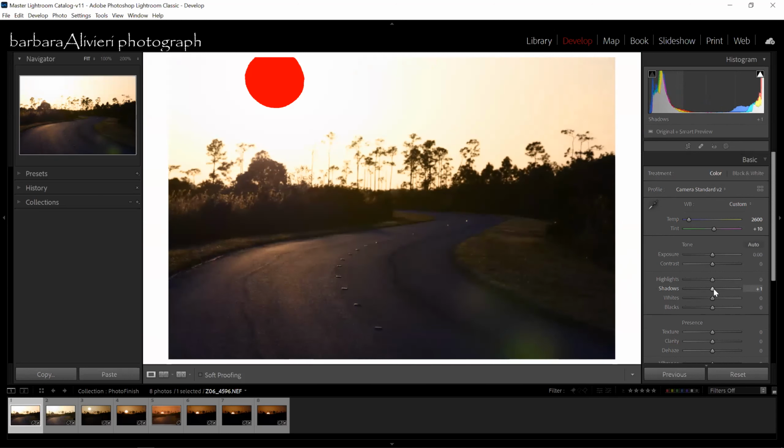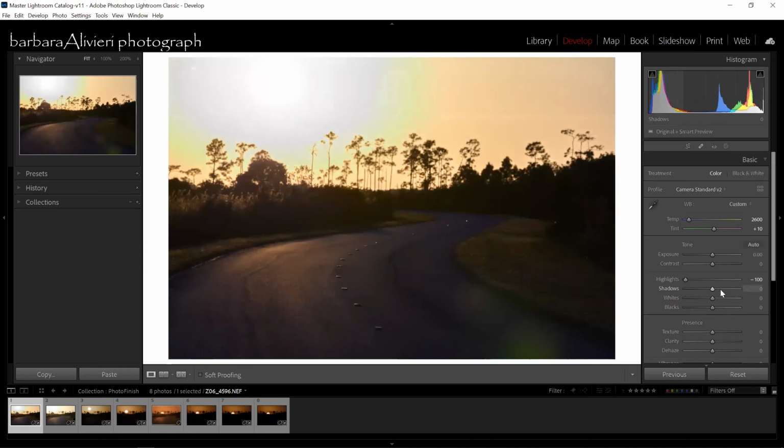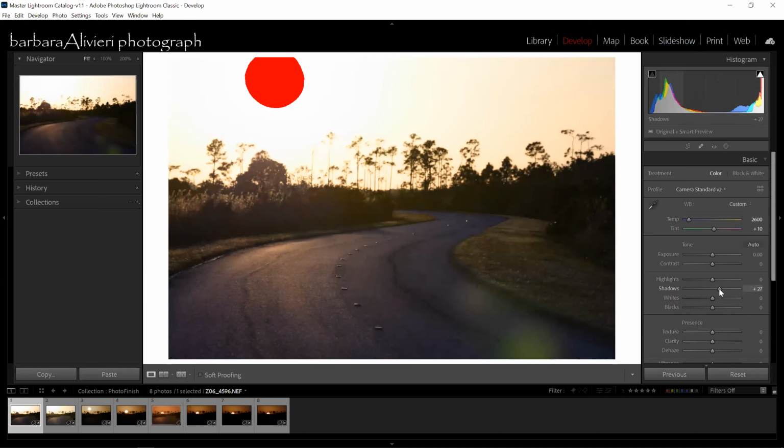A lot of these sliders, you can do a lot of things. You can go all the way down on your highlights, all the way up in your shadows, lower your whites, up your whites. This is the beauty of Lightroom. If you don't like it, you can always bring it back to 0. I don't know if you know this, but you can double click on this little picker thing and it'll go back to the center. If you can't get it exactly, I'm just going to raise the shadows a little bit.